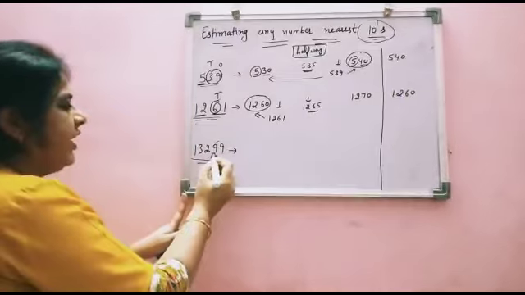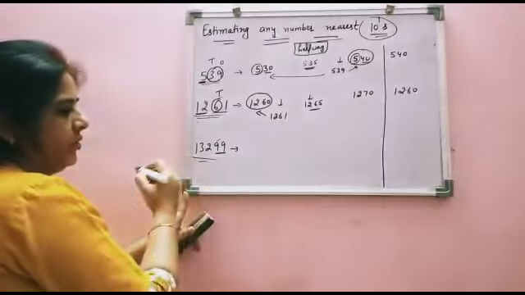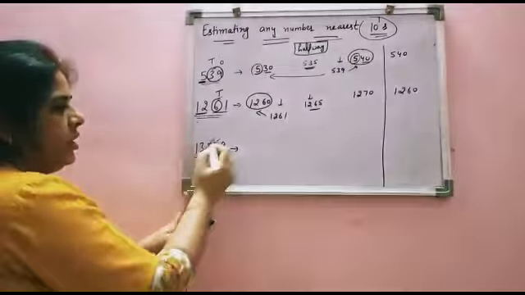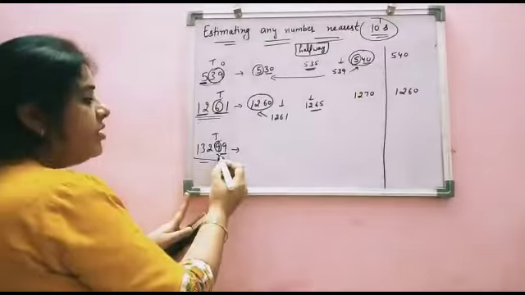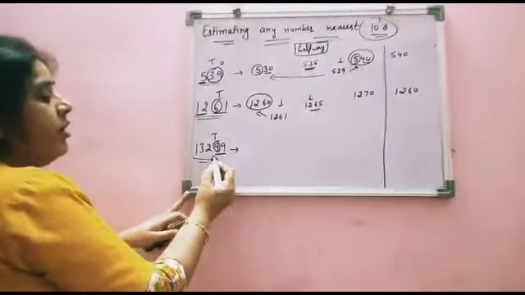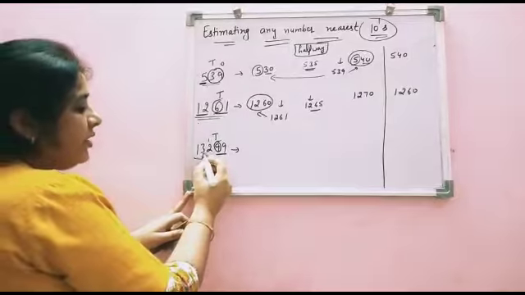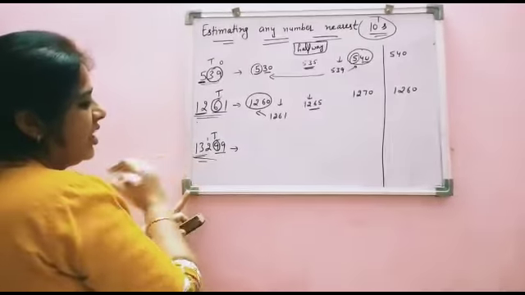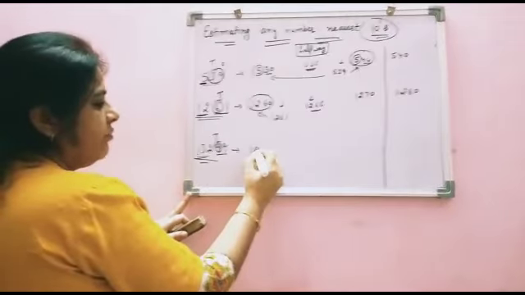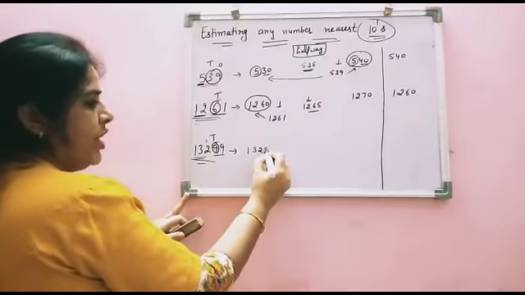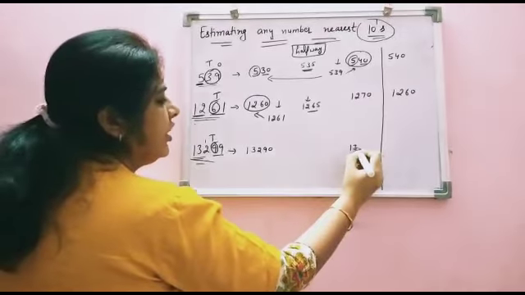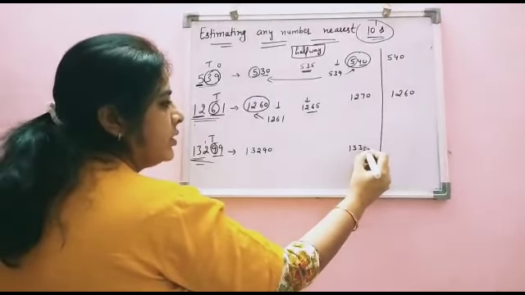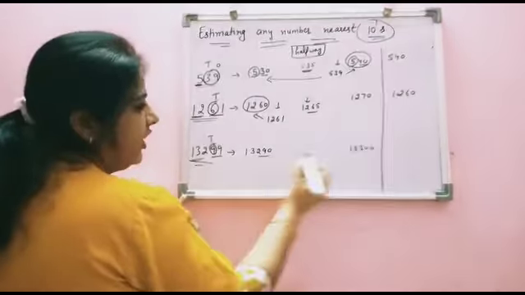1260. Now see here, 99. The tens place digit is 9. It means it lies between 90 and 100. But 100 will become a 3-digit number, so 1 will be added here. So it lies between, as we know, the rest remains the same, but see here 99 is there. So it lies between 1290 and 1300, and the rest will remain the same.